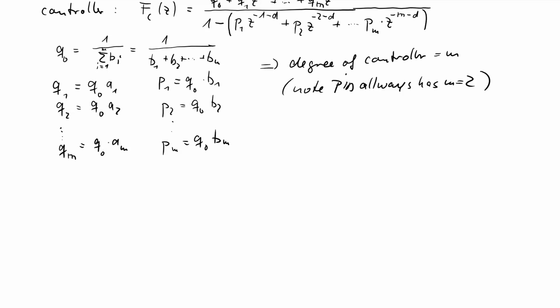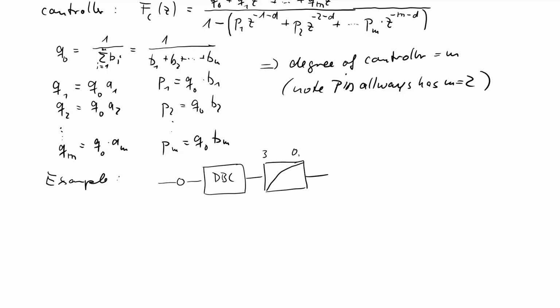Okay, let's do a simple example. We want to investigate a loop with a simple PT1 and our deadbeat controller, and we want to have special values, say k is 3, time constant 0.5 seconds, and sampling time should be 0.1 second. Close the loop